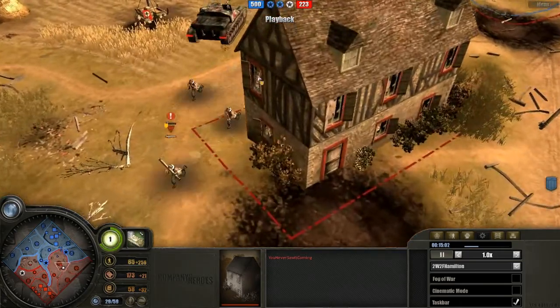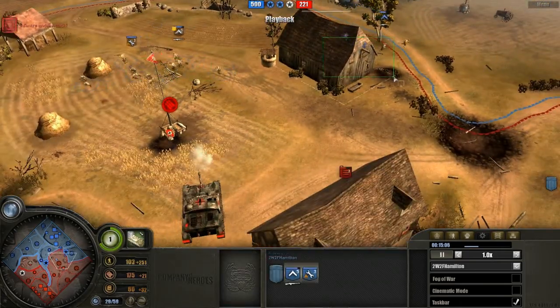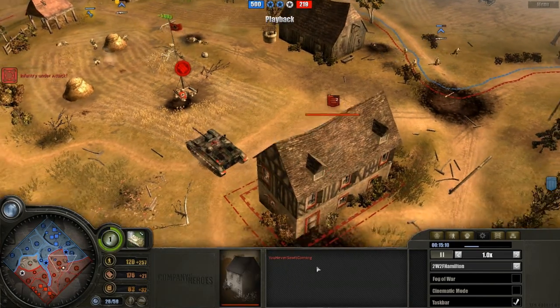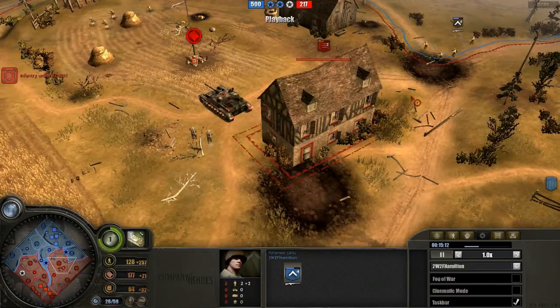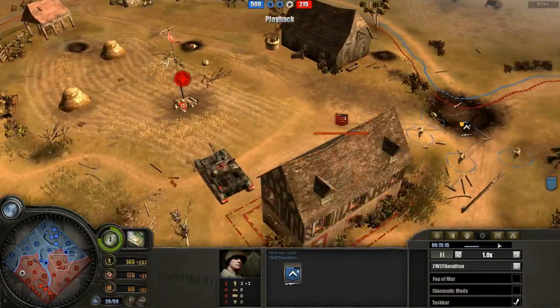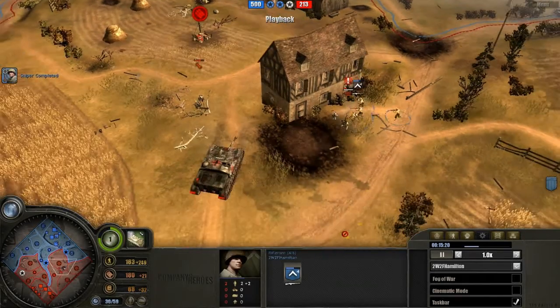Is the MG still there? Yes, it is. Be careful of that MG because it can suppress, but he is going for a right and left move here to flank the MG. Rifles on the right side should move into the MG, but it's a little too late as the squad he wanted to suppress was the guys on the right side,